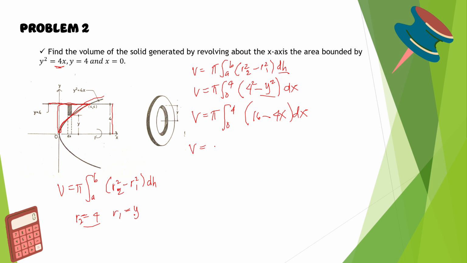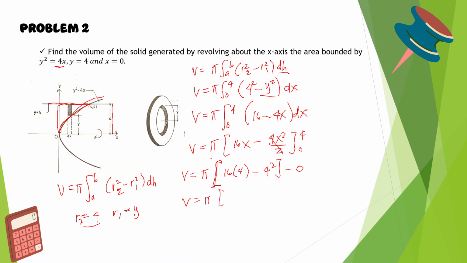So now we are going to integrate. Pi, this is 16, all in terms of x, right? So 16x minus 4x squared over 2 from 0 to 4. So our V is equal to pi, 16 times 4 minus 4 squared, minus 0. The rest is 0. So V is equal to pi, 16 times 4 is 64,